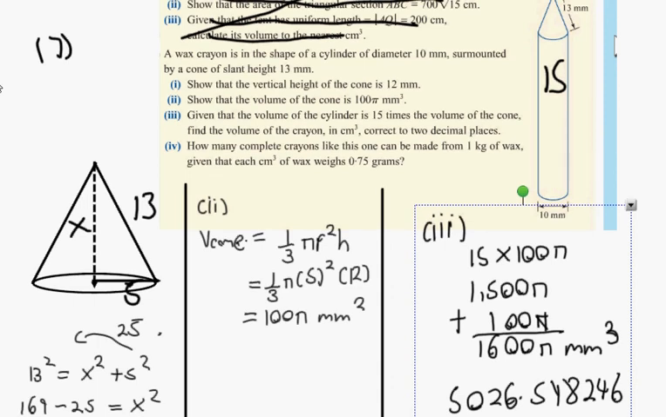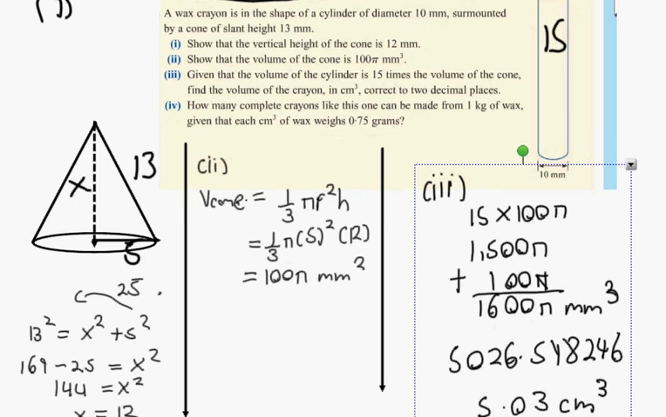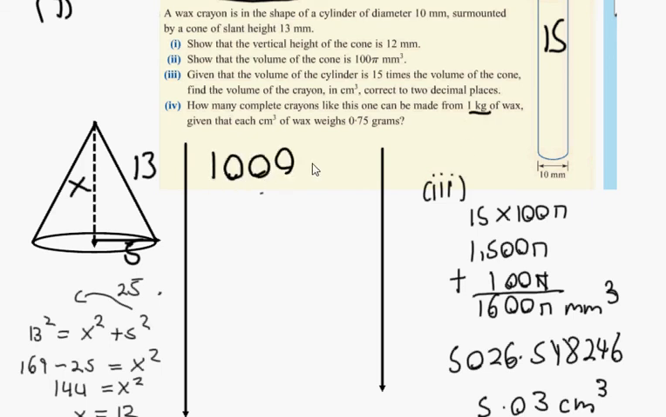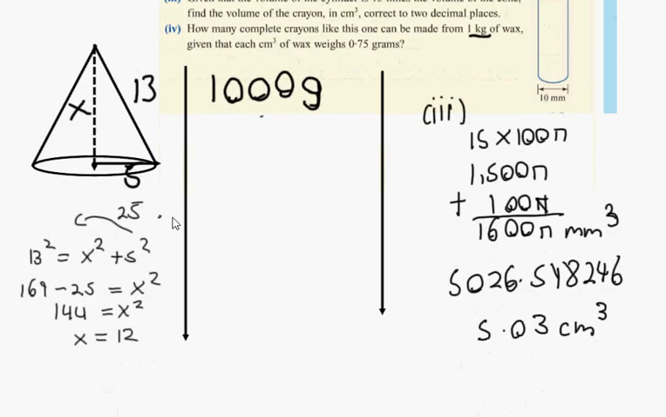To do this question, we're going to have to figure out 1 kilogram of wax. We need to change 1 kilogram into grams, which is 1,000 grams. Okay? Once we've done that, we have 1,000 grams to use. We need to figure out what the weight of 1 crayon is. Now 1 crayon is going to be 5.03, which is how many centimetre cubed we have, and we're going to multiply that by 0.75 grams. So we're going to find out how many grams does 1 crayon weigh. Alright? So 5.03 multiplied by 0.75. Each crayon weighs